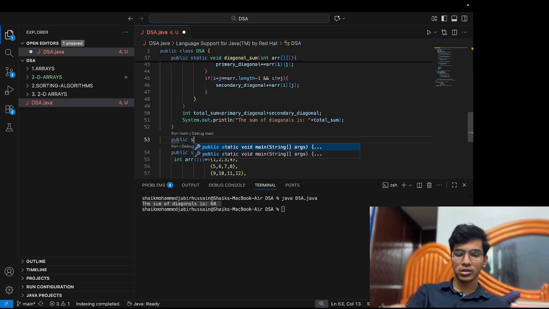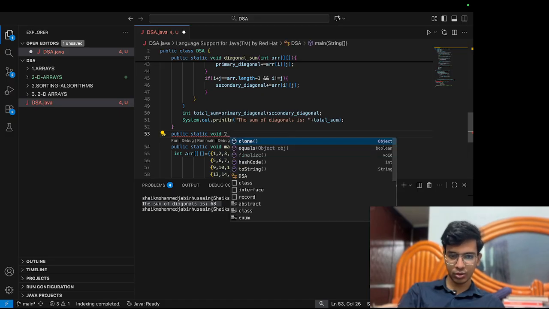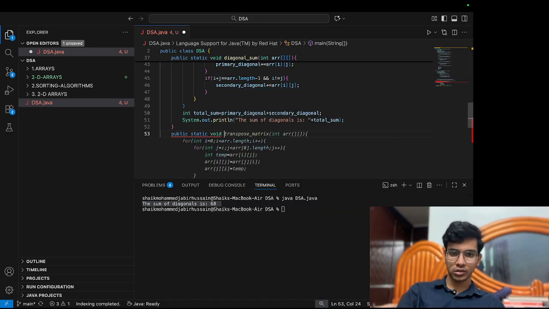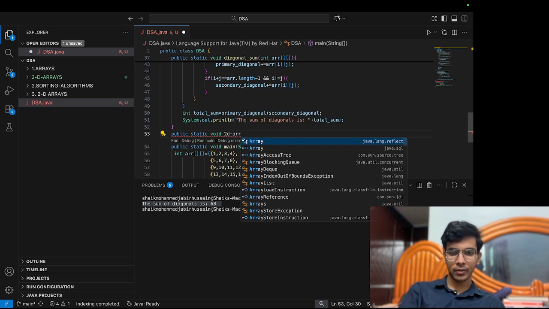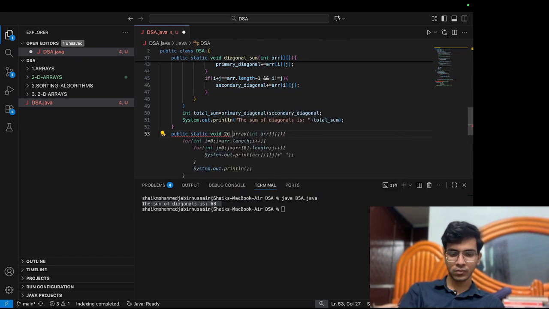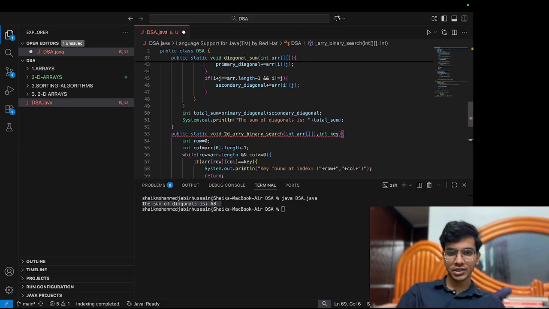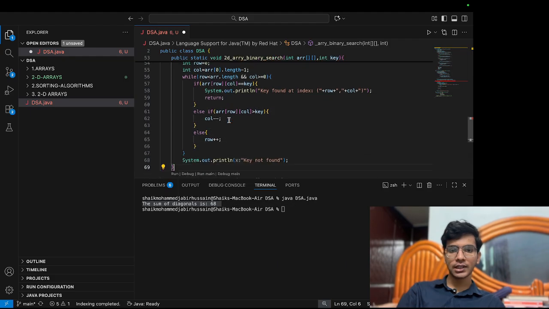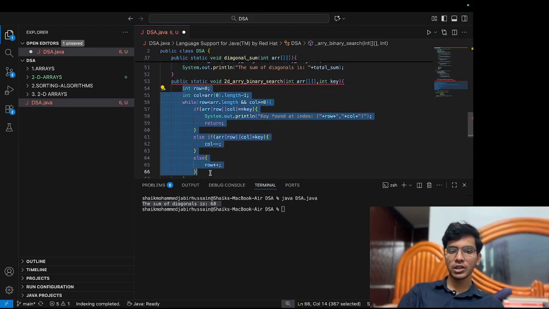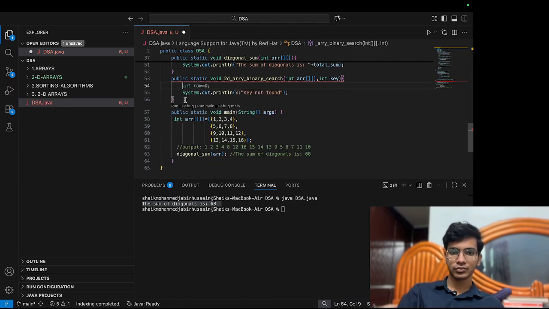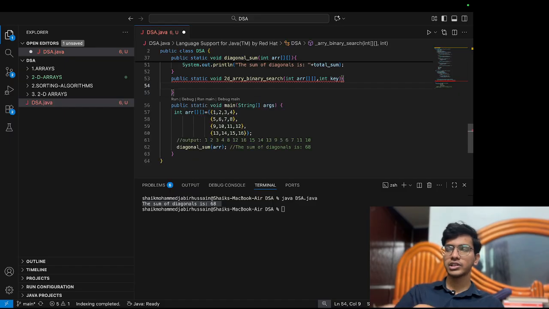Public static void 2d array underscore binary search. You can see that I have calculated the row value and column value, and what I'll do is that key I'll remove all this. Okay, now what I'm doing, first of all, I'm